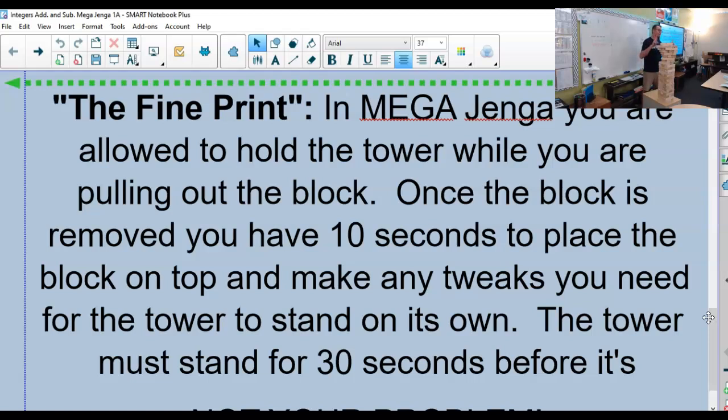Now, whatever else you want does not mean take more blocks. You probably don't want to do that, because if you knock over the tower, it's still your problem. But you could set a booby trap if you think that's what you want to do. But I will warn you, most of the times in history of my class, when kids have done that,